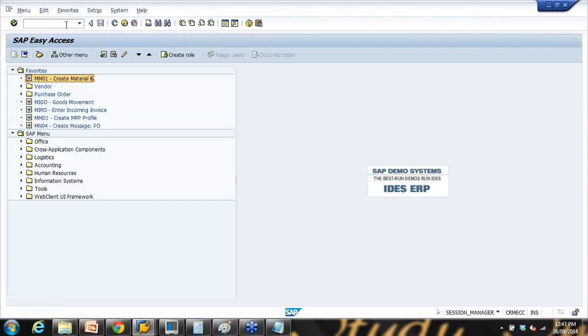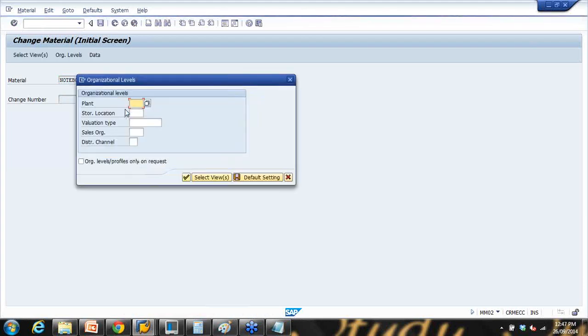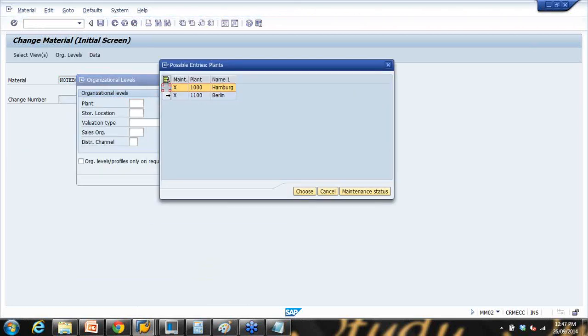If I go to MM02 to display the material, to change the material, enter. Here, when you select the plant, it will show you two plants. See, it's showing because it's maintained in two plants. So it's asking you which plant data you want to see. I can say I want to see the second plant data. Choose